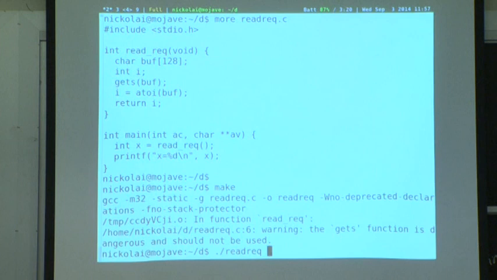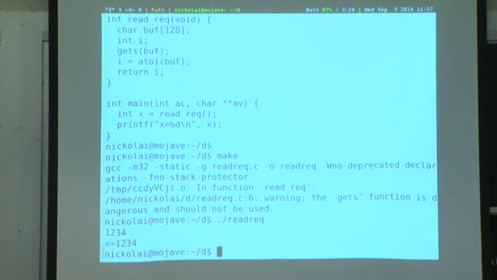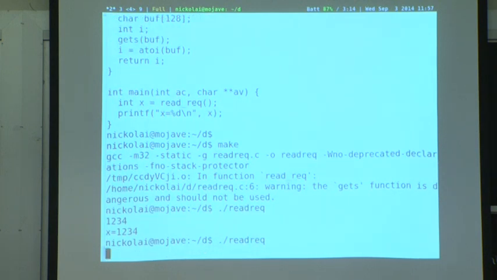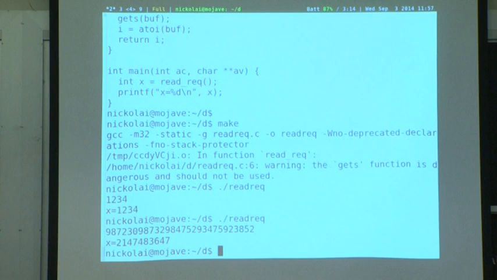So OK, I run this redirect function. I provide some input, and it works. Let's see if I provide large inputs. If I type in some large number, at least it gives me some large number. It basically maxes out at 2 to the 31 and prints that and doesn't go any higher. So that's maybe not disastrous. You provided a ridiculously large number and got something that didn't quite work. There's not quite a problem yet.